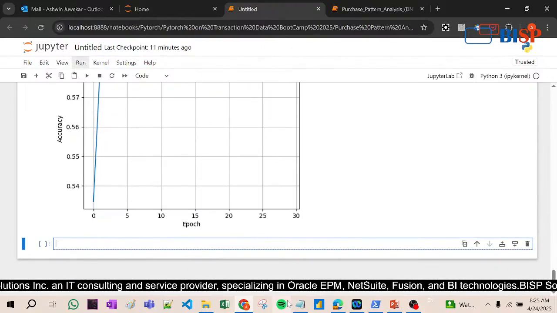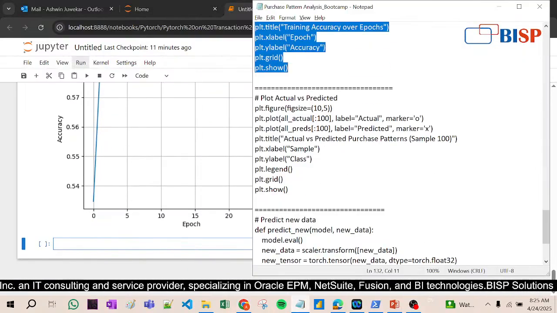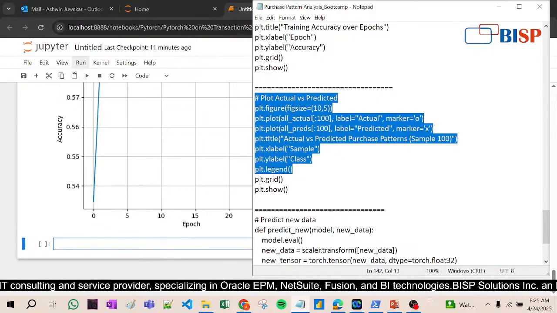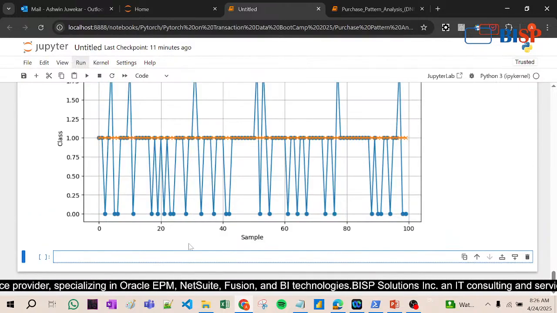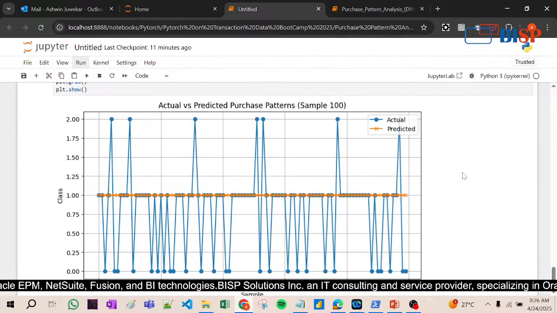Okay, now let's come to the next part, that is plot actual versus prediction. Now look at this, actual versus prediction, purchase pattern and sample 100.